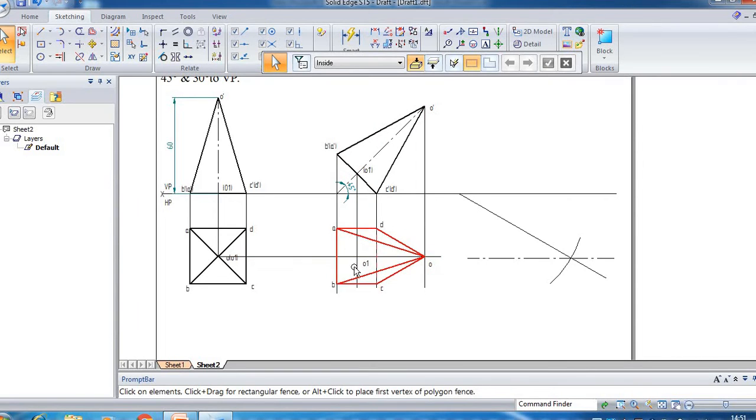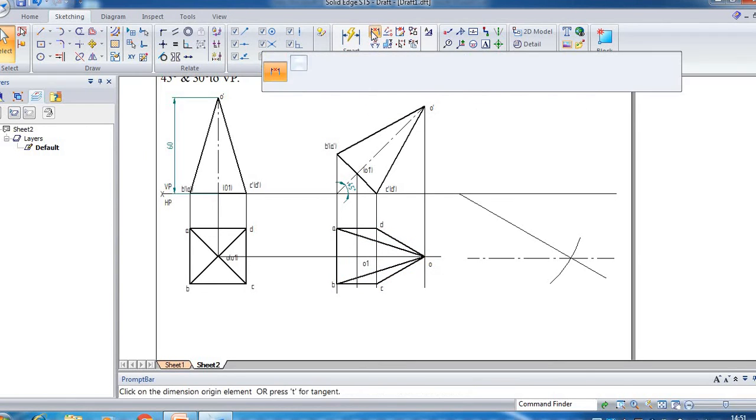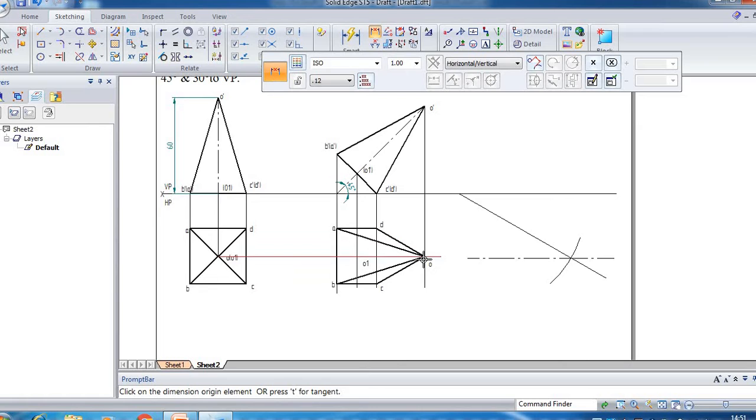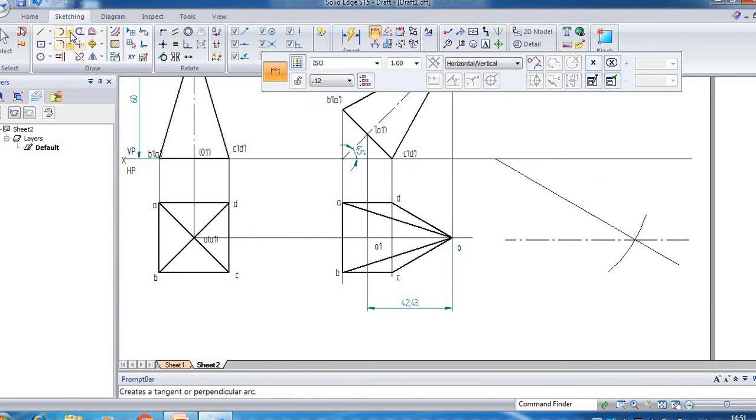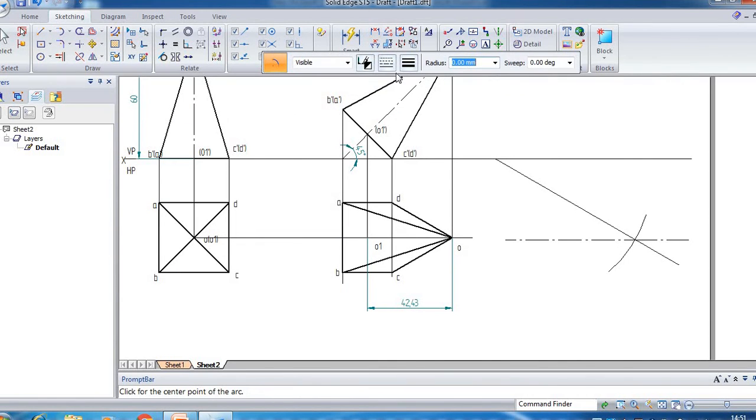That is, from the top view you have to take this reduced length. So for that you have to select the distance between the end point of this and the intersection of these two. It is from O1. So the reduced length is 42.43. So now we need to draw one more arc, center point. Check the line type, should be continuous.